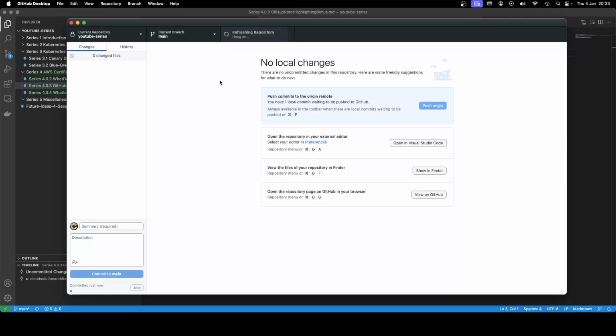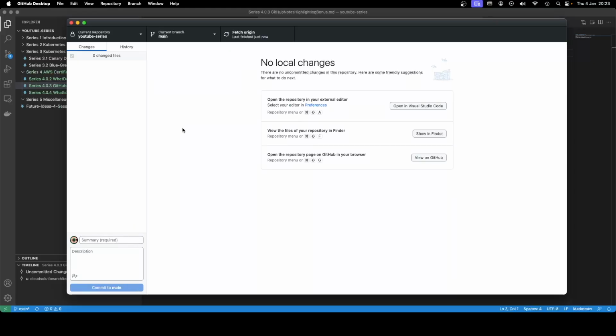This is another reason I really like GitHub Desktop. It's so easy to install and so easy to use. I can say here's the list of changes, check them in, and push them up to my main branch. But if I go back now to